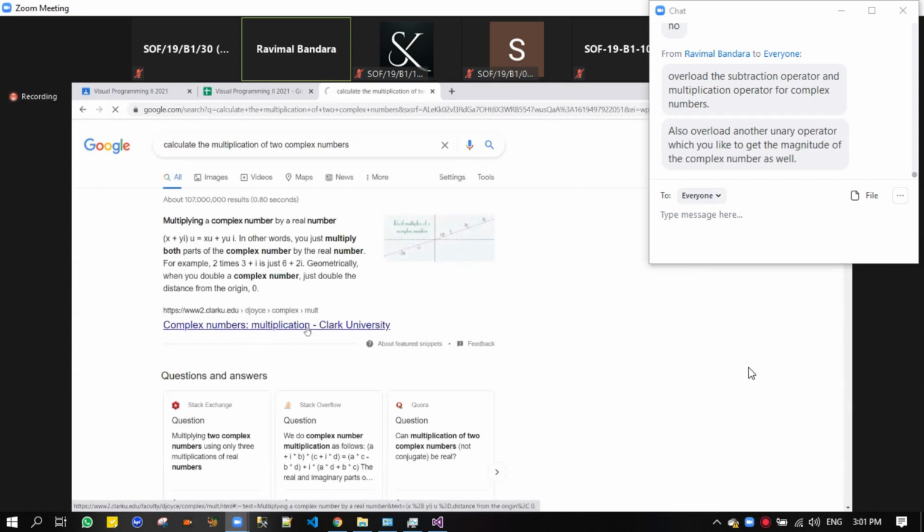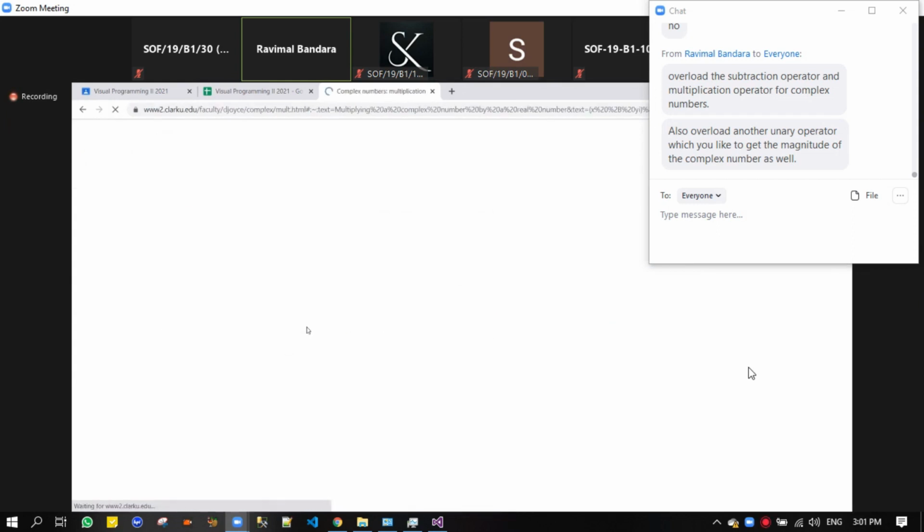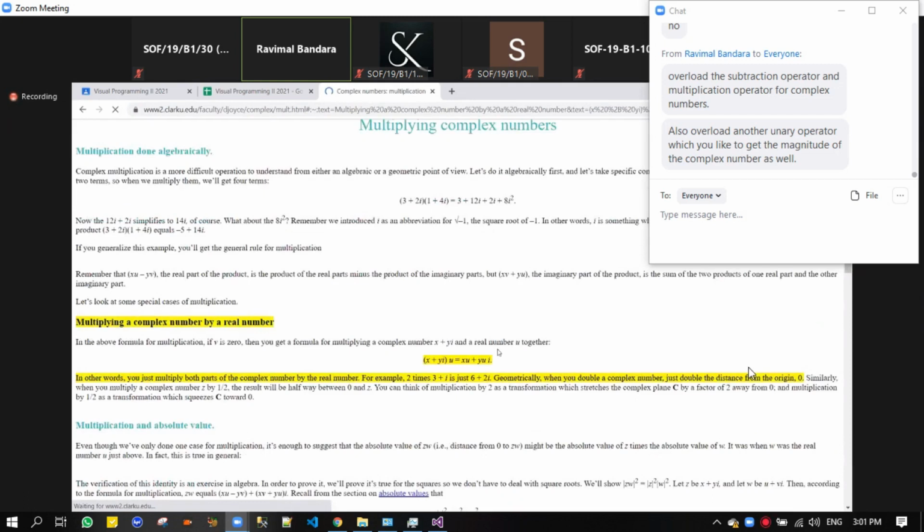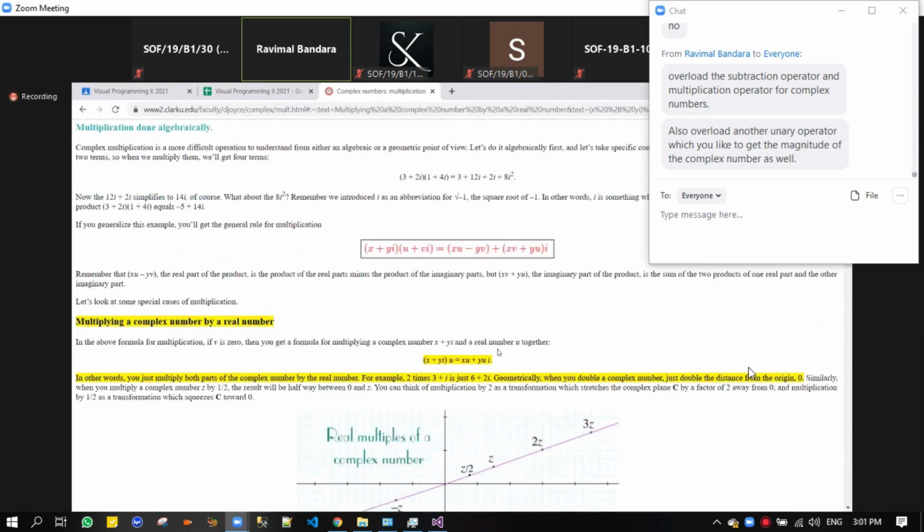There you go. This is how you multiply. If you have x and y, then this is what you get when you multiply, right? x times u minus y times v, plus x times v plus y times u, right? Implement this one.